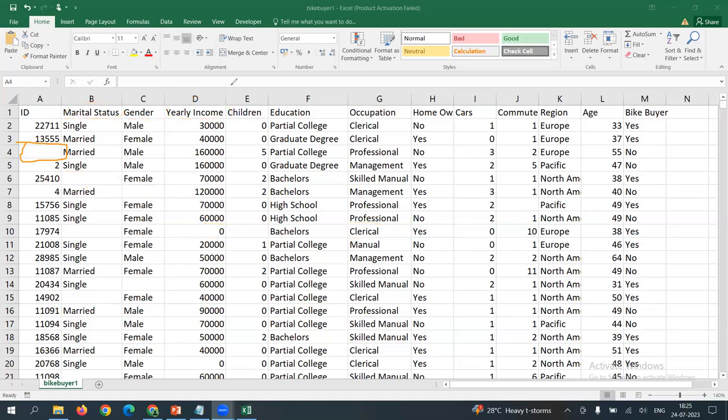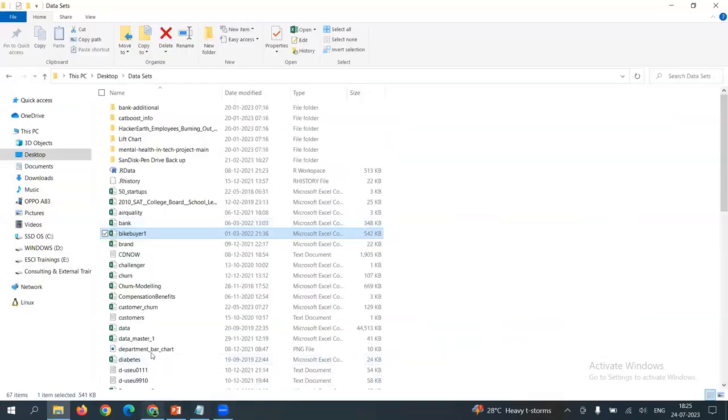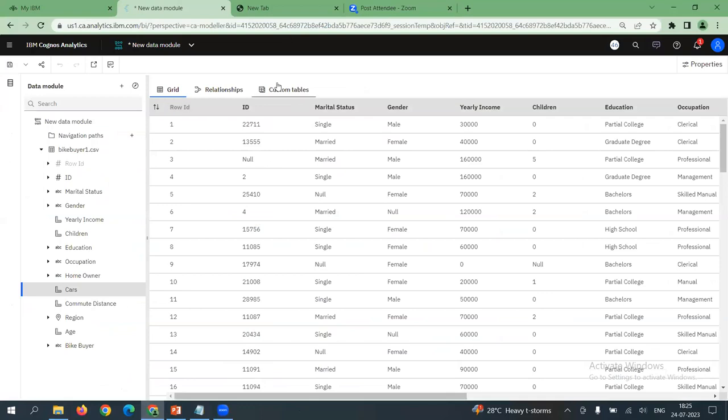So if we connect such a data set to our Cognos platform, how does that recognize it? For instance, now I'm closing the Excel sheet. I hope you all understood the essence of the Excel. Now I'm connecting to my Cognos screen. You can see here the Cognos platform. When incorrect, incomplete data are connected to any analytics tool, you could see the absence of values depicted by a notation called null. Aishuji, you have written correctly, null.